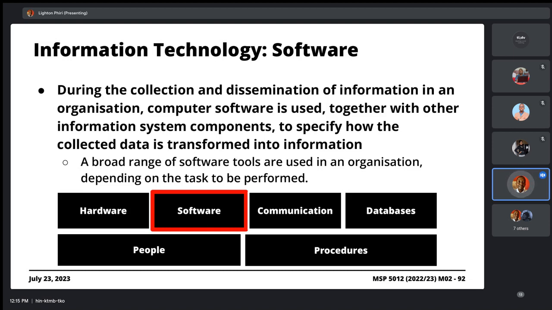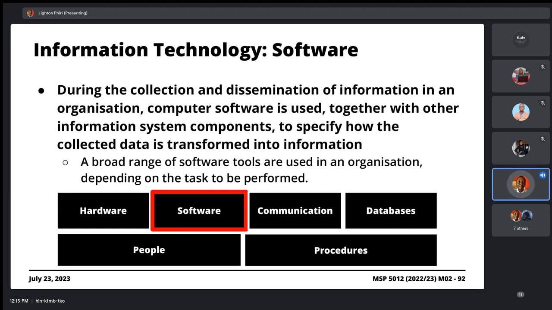A classic example of a software component that you cannot ignore when you're using an MIS platform is operating system software. Because before you can interact with the management information system, your computer needs to be installed with operating system software. There's more, right? We keep mentioning that your MIS platform is web-based, is it?